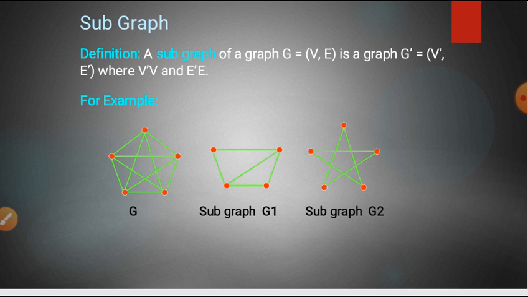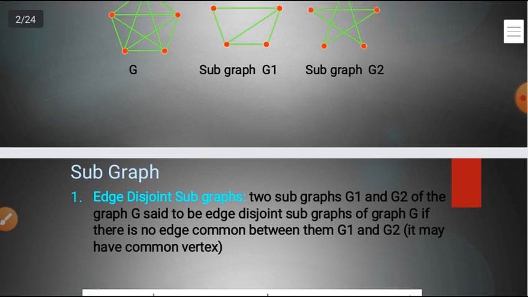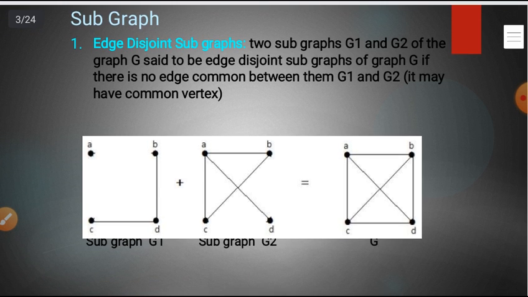Okay, a similar example we can see here as G2. G2 is also a subgraph, which is like a star extracted from G. All the outer edges we skipped, and whatever remaining edges are on the inner side we plotted here. It means G2 is also a subgraph of G. So with the help of this definition and these examples we can identify that a subgraph is a subset of a G.